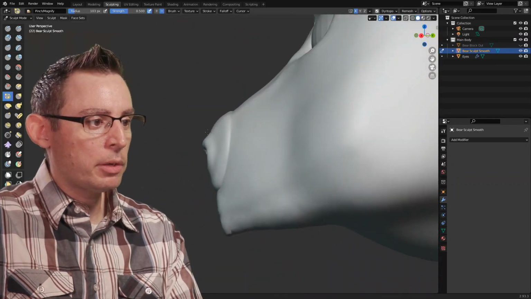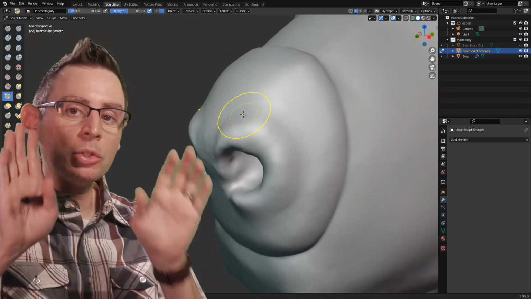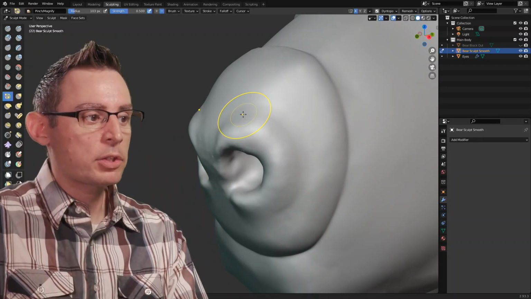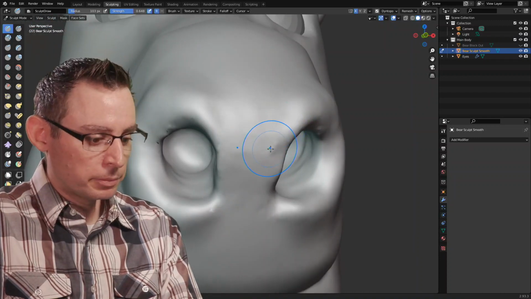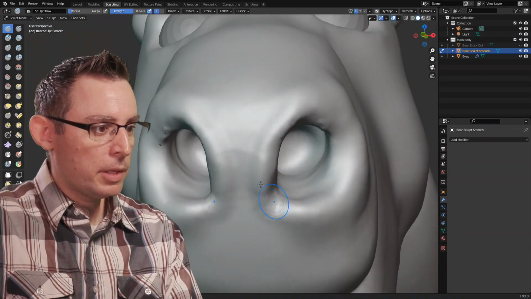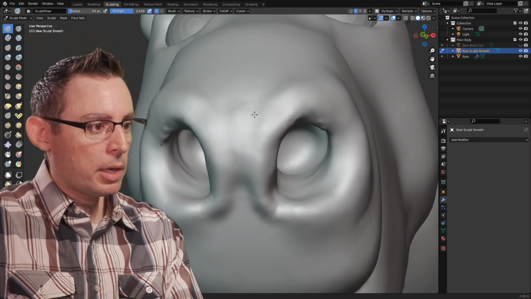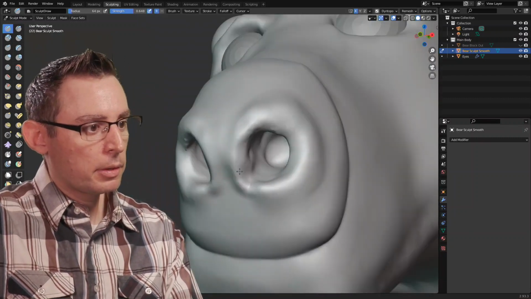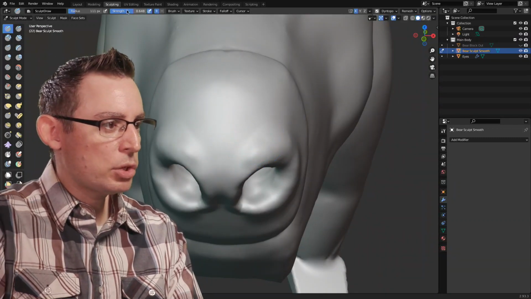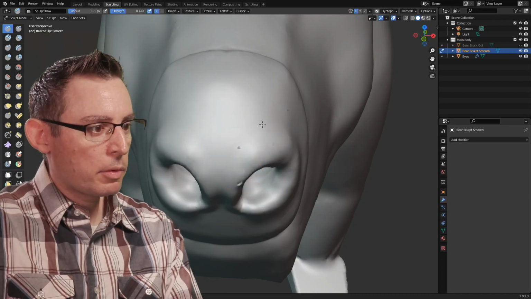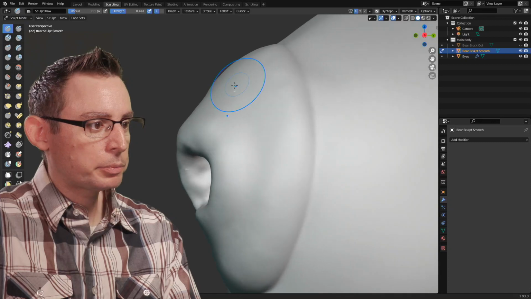Yeah, now it's starting to look and feel like a three-dimensional shape, right? It's starting to feel like there's an additional series of curves at the tip of the nostril that's influencing its form, and I like that. I think that's cool. This is what the Dyntopo engine is all about. It allows us to very quickly kind of feather in some details and establish some planes. Just make sure you're modulating your strength. I think for me, that's the part that I always find myself going back to.